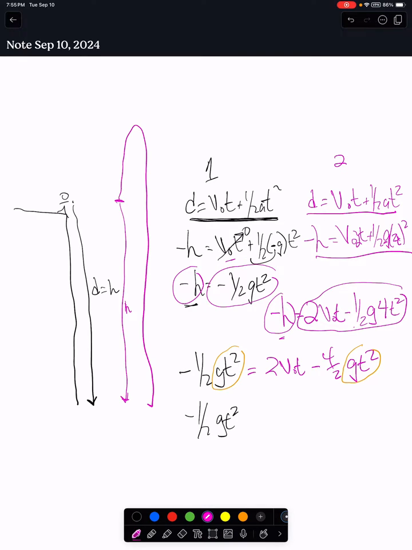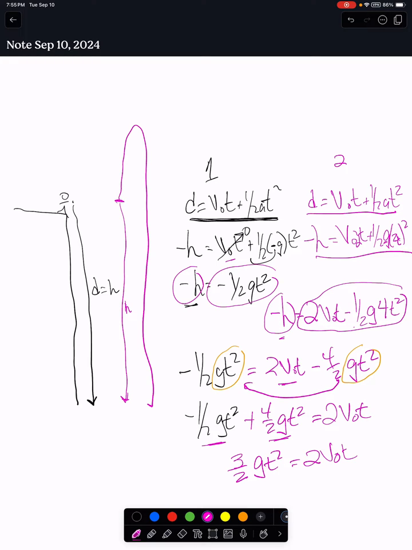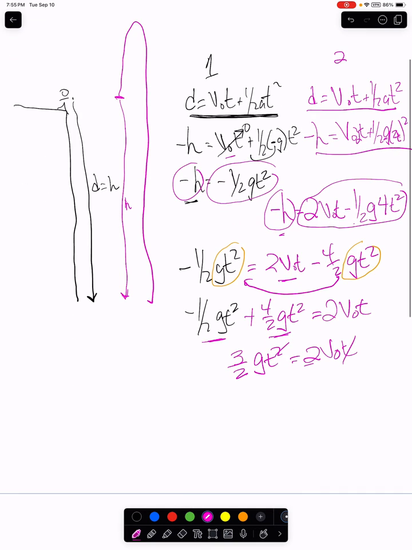And now I'm going to add 4/2 to both sides, plus 4/2 GT squared has to equal 2 V0 T. So right here, if you had negative 1/2 X plus 4/2 X, you get positive 3/2 X. Well, here we get positive 3/2 GT squared equals 2 V0 T. At this time, I can divide through by 1 T, get rid of that. I can divide by the number 2. You'd end up with